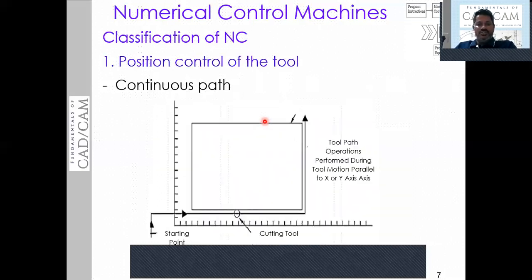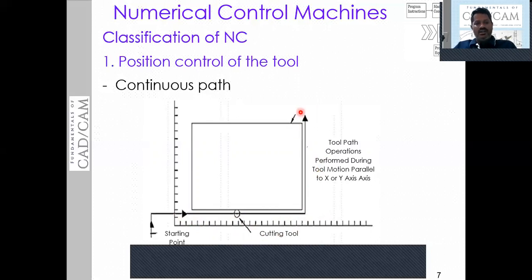Let me move on to the continuous path. In the case of continuous path, the tool is going to move along X or Y directions only. This type of machining is used to machine rectangular components on the milling machine. The rectangular components have horizontal planes and vertical planes, so that we can move the tool along the X-axis or along the Y-axis.